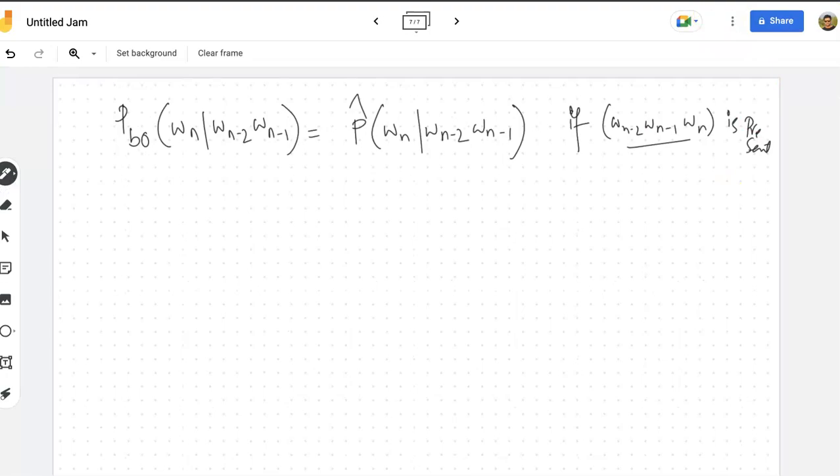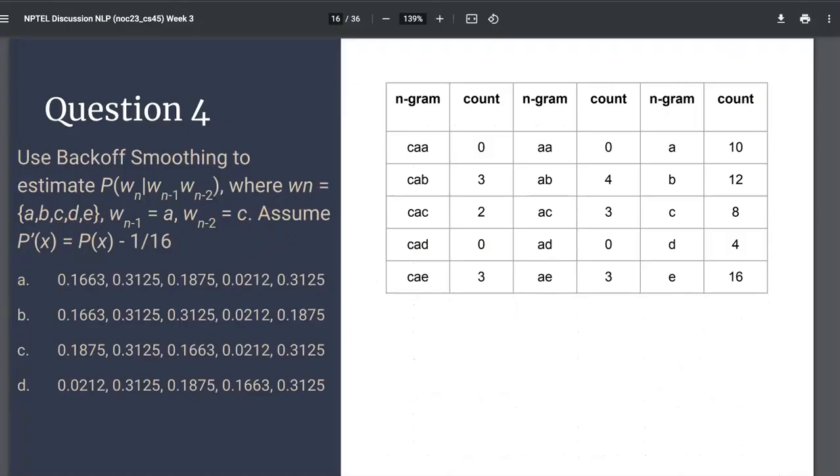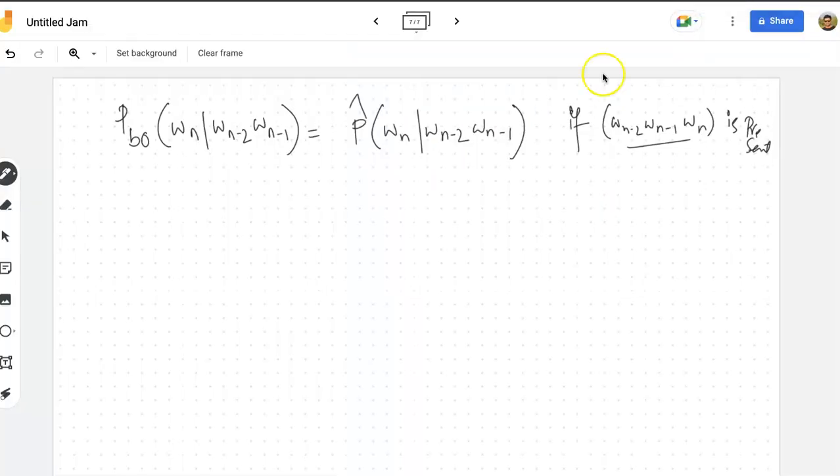You can see here they have already given the discounting. If the actual probability is P, then the new probability will be the original minus 1 by 60. So if this count is present, we go with this formula. Else